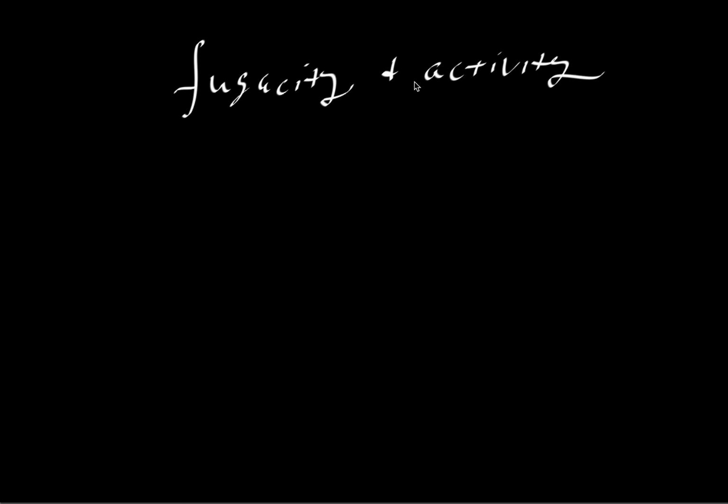So here we're going to take a look at fugacity and activity. Both of these items were invented by Gilbert Lewis between 1901 and 1907, and you can look up his original papers, and they're really very interesting to read. But we're not going to follow his derivation. We're going to follow a derivation that's really kind of a combination of Castellan and Nordstrom and Munoz, and they